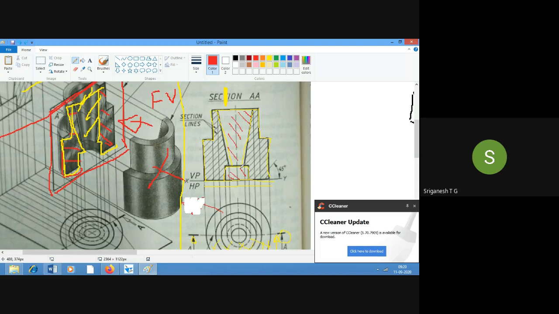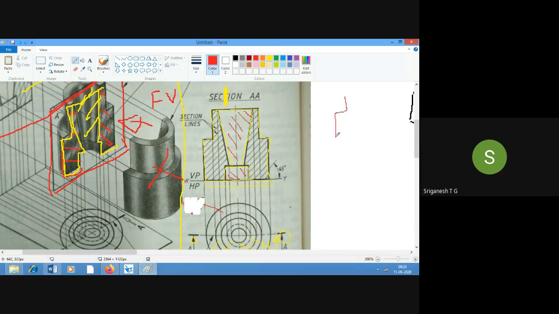Next, now we have two different regions, something like this. So for example, I'll just draw it roughly. And let it be till here only.